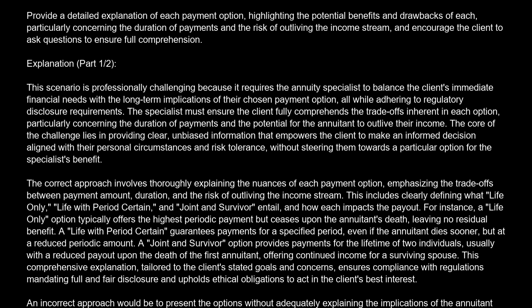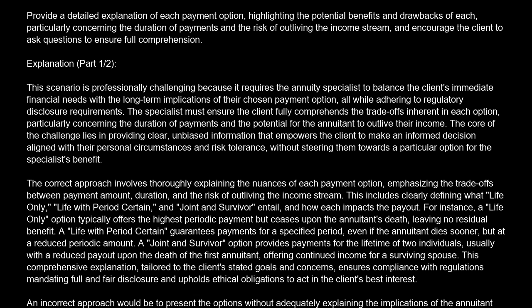The correct approach involves thoroughly explaining the nuances of each payment option, emphasizing the trade-offs between payment amount, duration, and the risk of outliving the income stream. This includes clearly defining what life only, life with period certain, and joint and survivor entail, and how each impacts the payout. For instance, a life-only option typically offers the highest periodic payment but ceases upon the annuitant's death, leaving no residual benefit. A life with period certain guarantees payments for a specified period, even if the annuitant dies sooner,